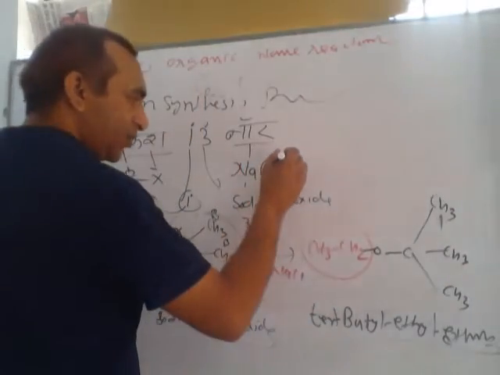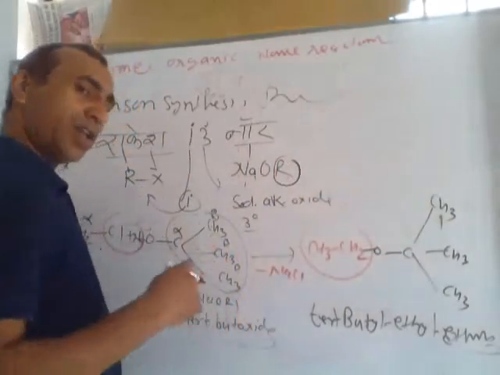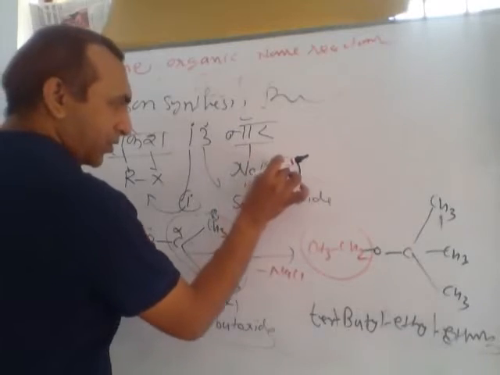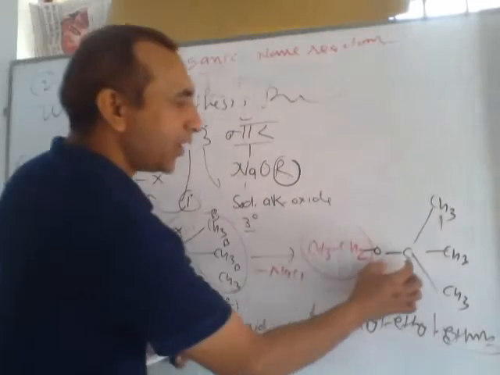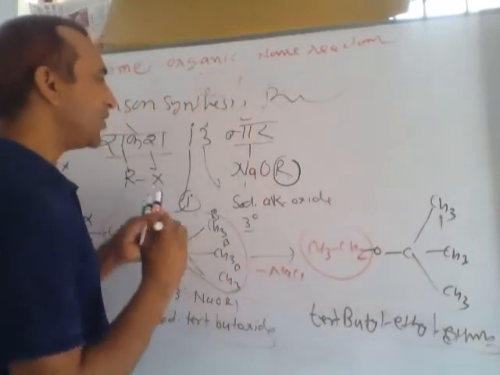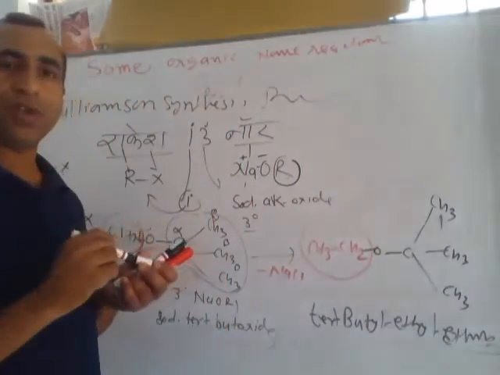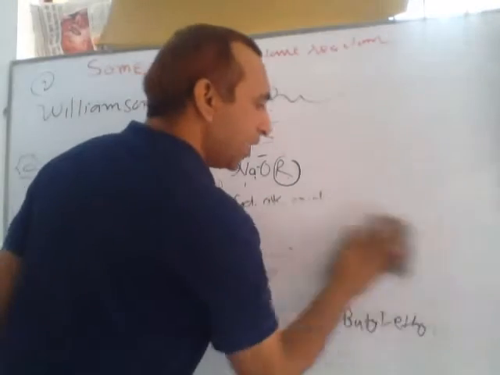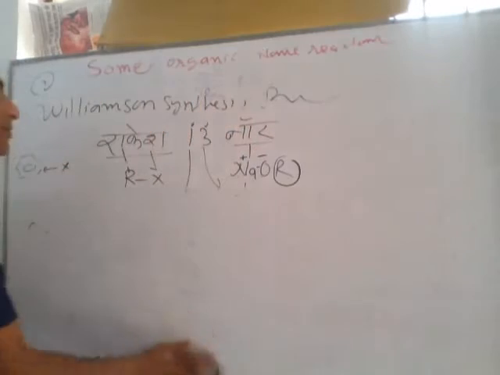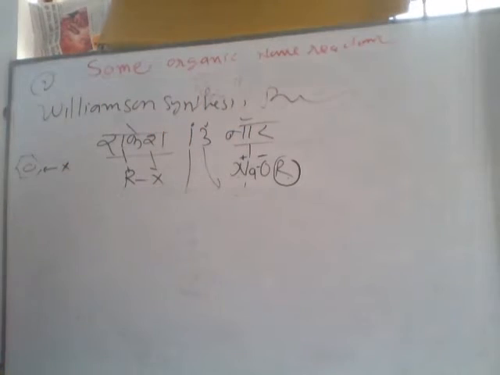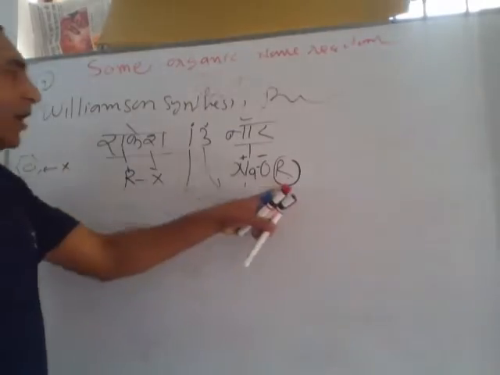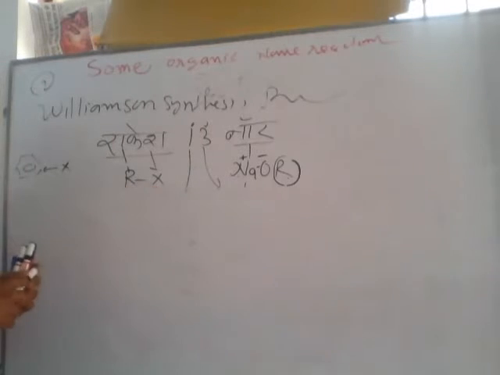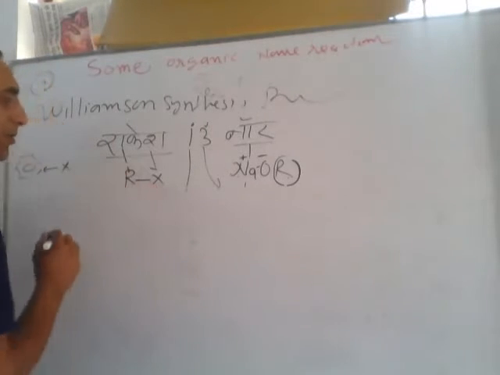Here, if you are using a benzene ring instead of R in the alkoxide, you can take it, because the bond between O and C remains constant, and between O and Na this is an ionic bond. This can easily dissociate. So if you want to prepare an aromatic compound, you can prepare it by taking the aromatic ring on the sodium alkoxide side, instead of the R of alkyl, not on the halide side. This bond is very strong due to resonance and partial double bond nature.